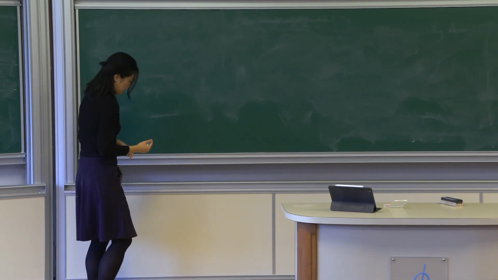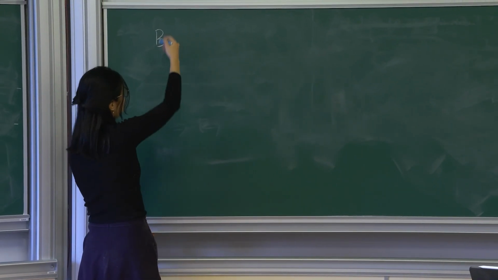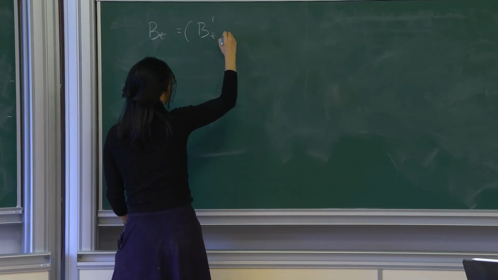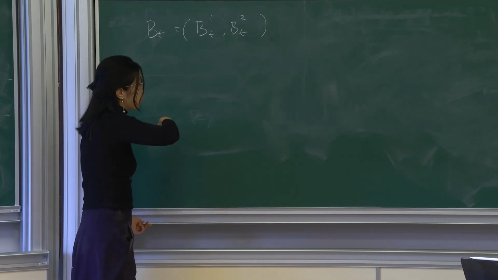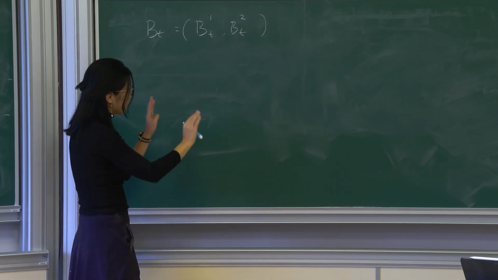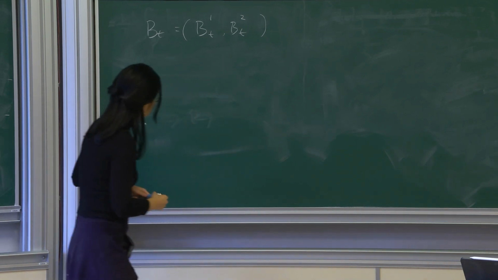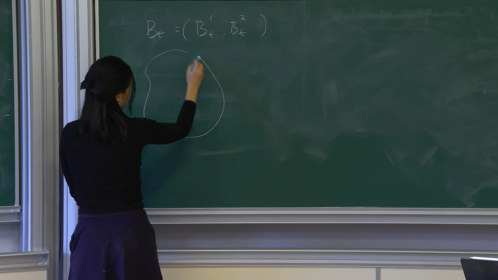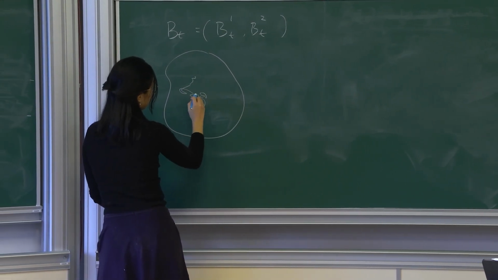For instance, we can look at the Brownian motion in 2 dimensions. Basically, you can think that it has 2 coordinates. They're just independent one-dimensional Brownian motions. How it moves vertically and horizontally, they're totally independent, and each of them follows a one-dimensional Brownian motion. And this Brownian motion has a very good property: if I run the Brownian motion and look at its trajectory,